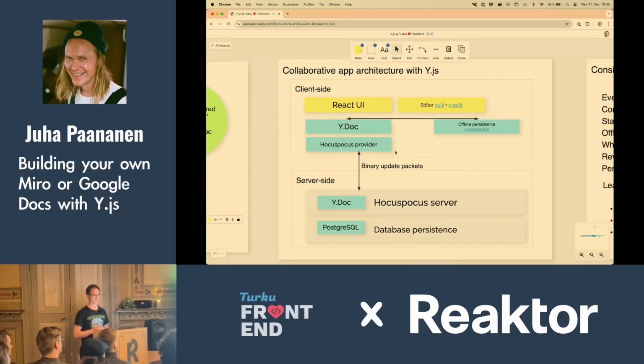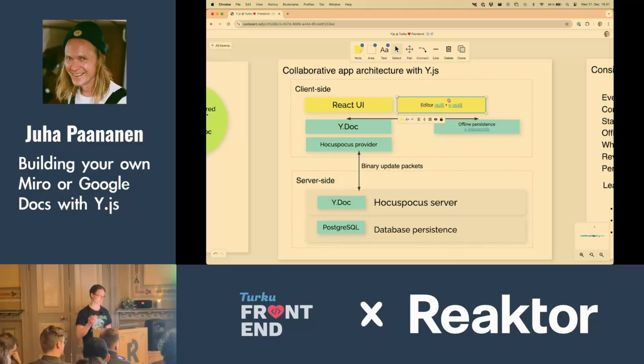And so if you build an application using Y.js, you might want to use React for the UI, but it could be anything else. Y.js as a library, it's in no way tied to React or actually anything. It has practically zero dependencies. But you can build your own React hooks, or you can use somebody else's React hooks to tie it to React. Then you can use an editor component, for instance Quill, but there's a bunch of other rich text editors,